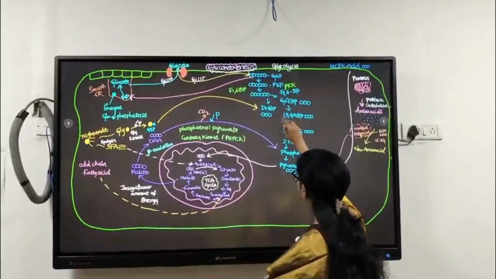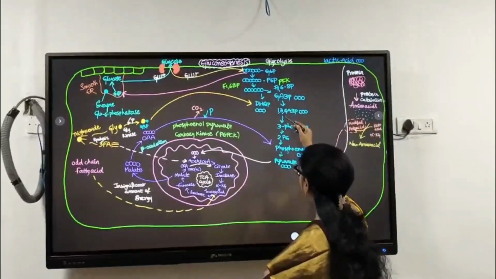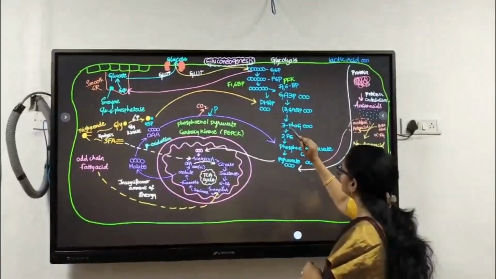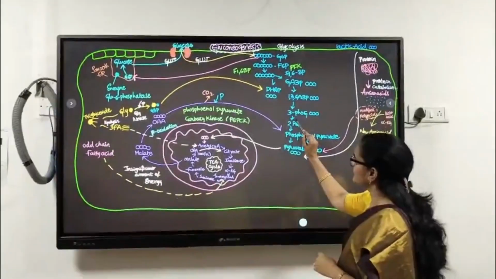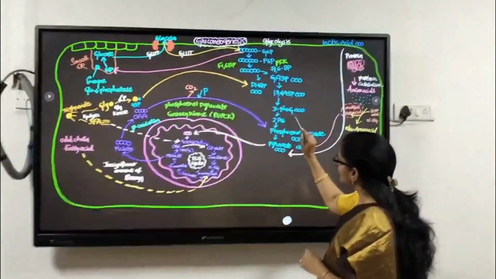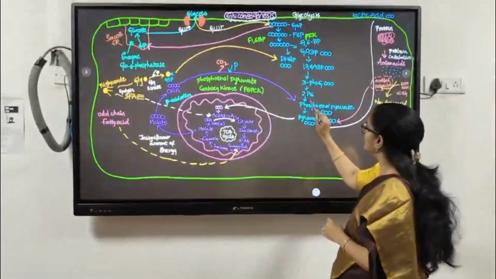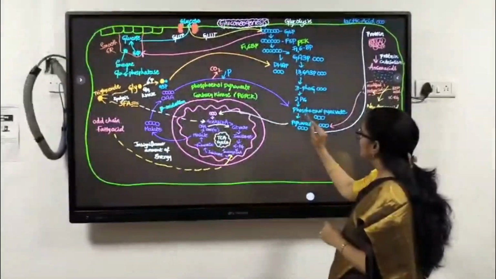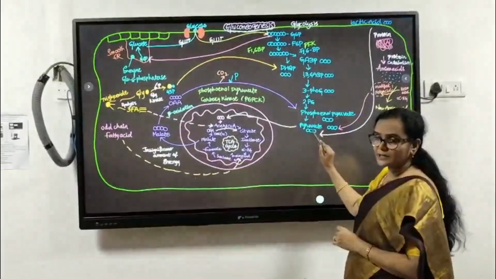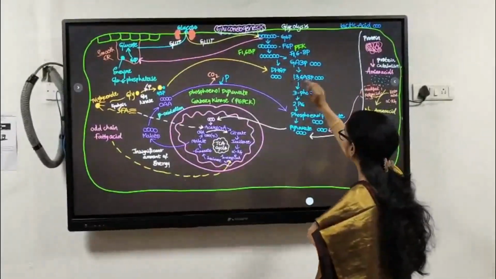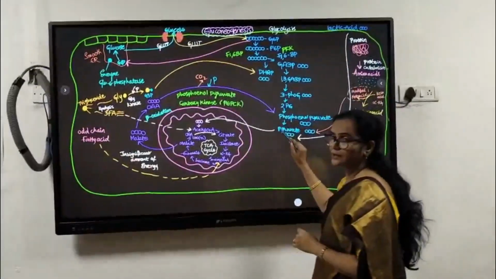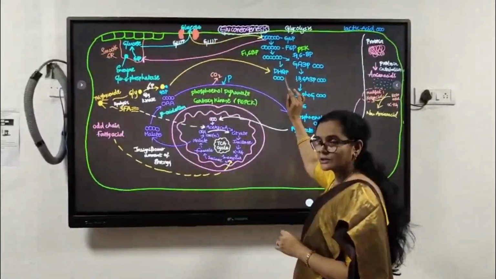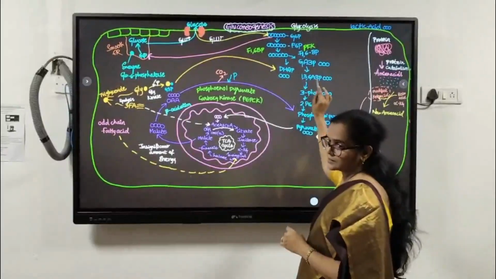Then glyceraldehyde 3-phosphate is converted to 1,3-bisphosphoglycerate, and then 1,3-bisphosphoglycerate to 3-phosphoglycerate, 3-phosphoglycerate to 2-phosphoglycerate, and then phosphoenolpyruvate is formed. This phosphoenolpyruvate gets converted to pyruvate. So these are the 10 steps of glycolysis, in which 3 reactions are irreversible and the other 7 reactions